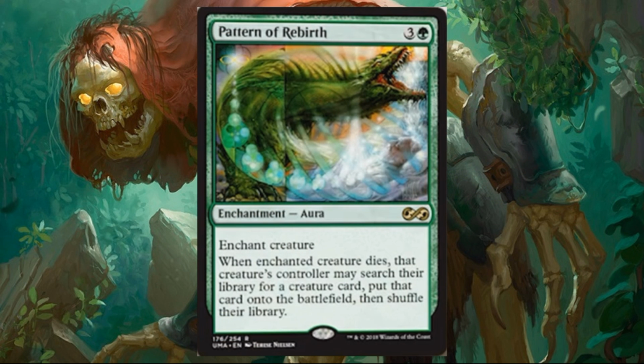Pattern of Rebirth with some brand new art. This card has never been reprinted. It's from Urza's Destiny. Not super expensive. You can grab one of these for $4 or $5. The foil, however, is about $85 right now, which is insane. You might ask yourself, why is the foil $85? Well,